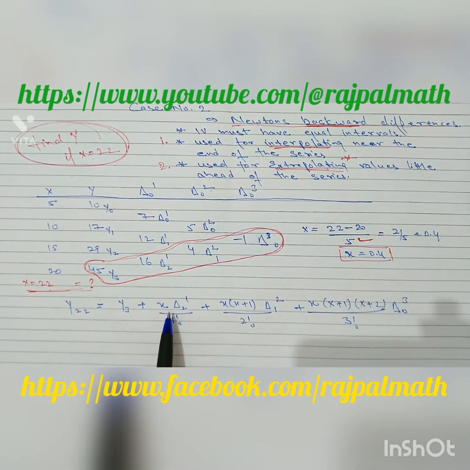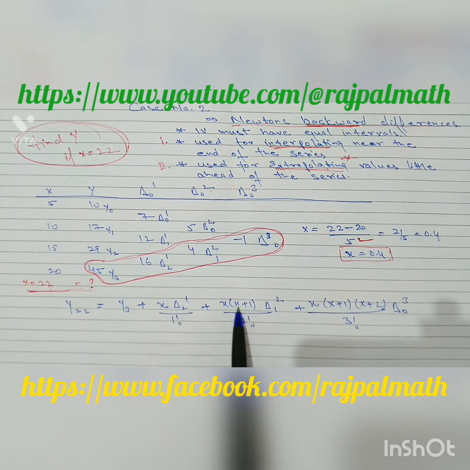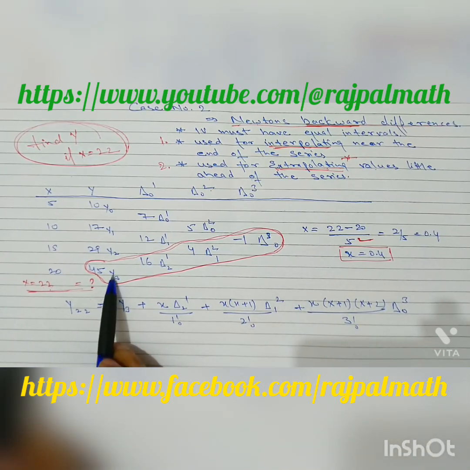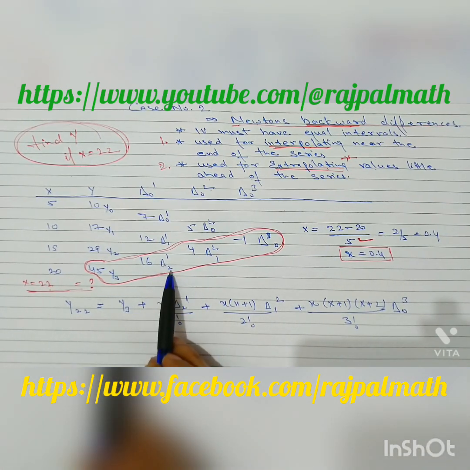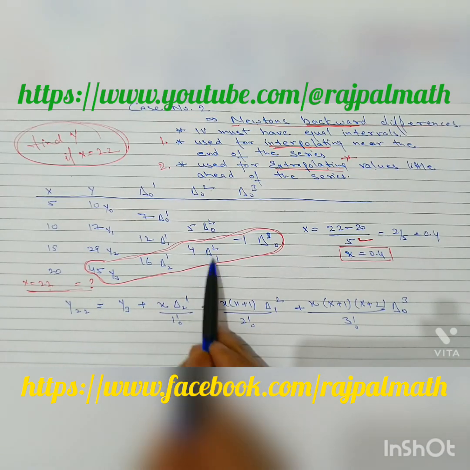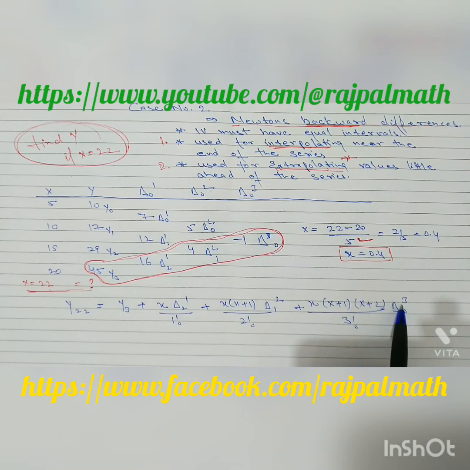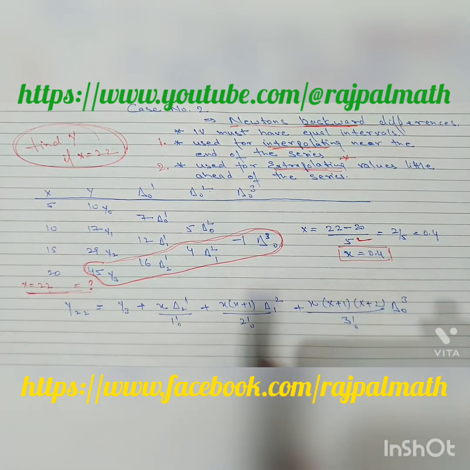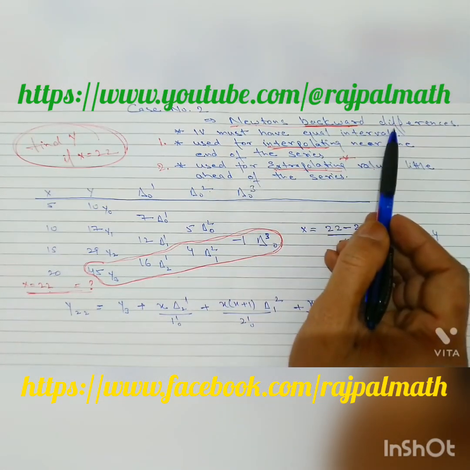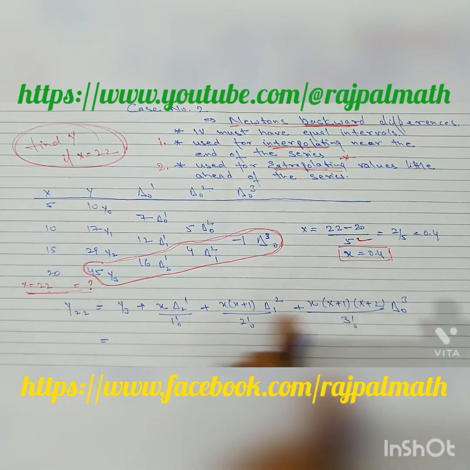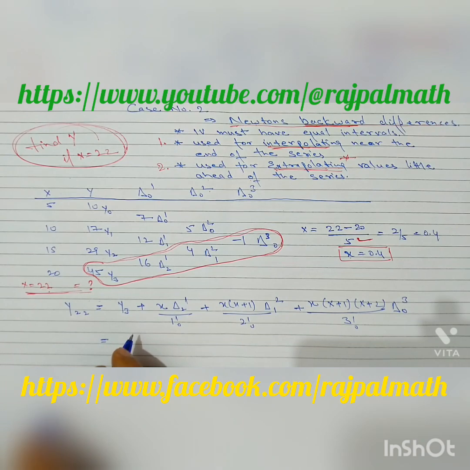Clear? In previous question, here it was x minus 1. Now x plus 1. x into x plus 1, x into x plus 1, x plus 2. Right? y3 over here, delta 2 1, delta 1 2, and delta naught 3. This is the formulation for Newton's backward differences method formula. Now, by putting all these values, we get